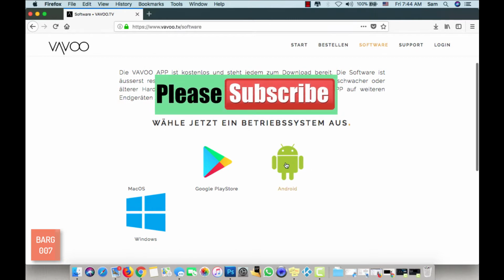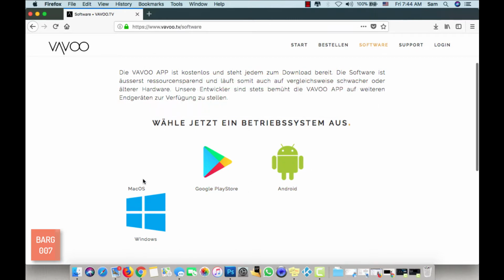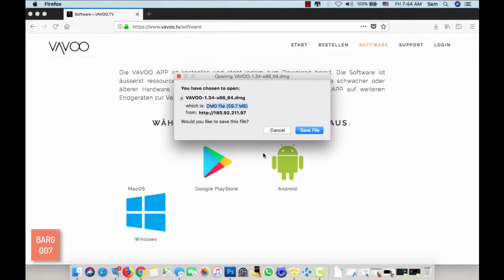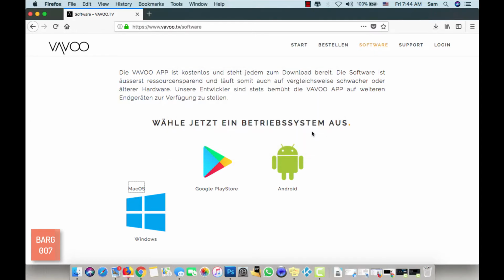and here you're gonna find Android, Google Store, Mac OS, and Windows. In my case, I'm using a Mac, so I'm gonna go and download it for Mac. So I'm gonna click on it, and it's gonna start downloading. Okay, I'm gonna save it. Make sure to know where you're saving your programs, and we'll wait for it to be done. Okay, it's done downloading,